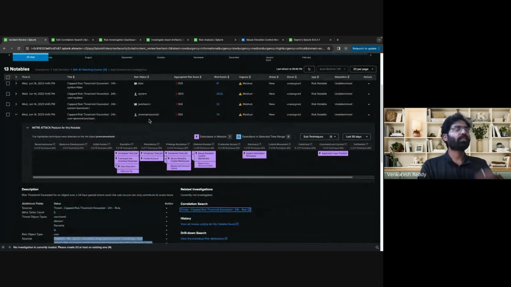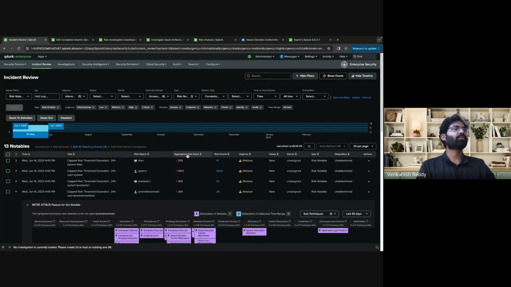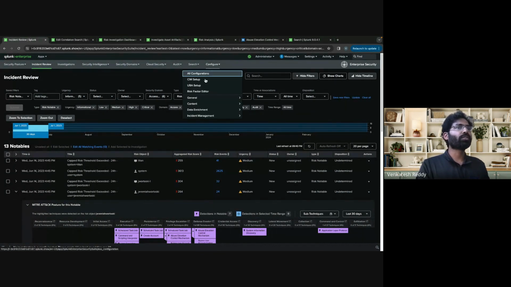And as I said in the presentation, the other thing we can do is, these risk scores that we are defining here are static. But for high priority assets and identities, or if it is a VP or SVP, we want to assign a high score immediately, right? So for that, what we do is here in the configure incident management,